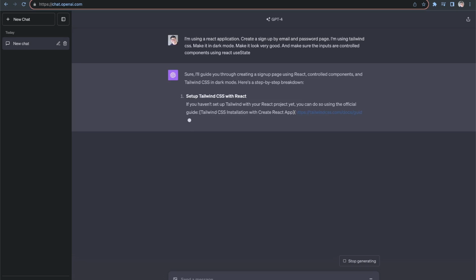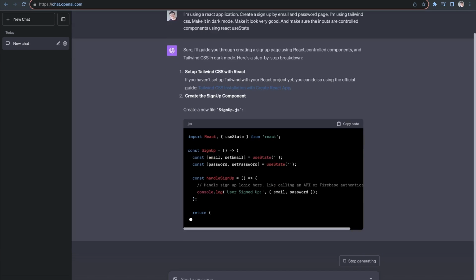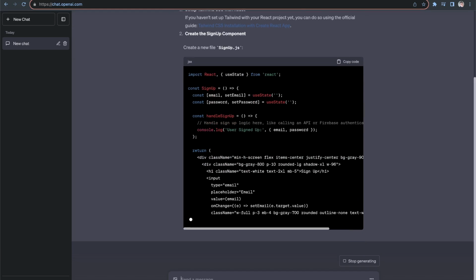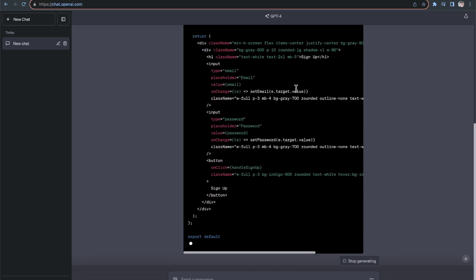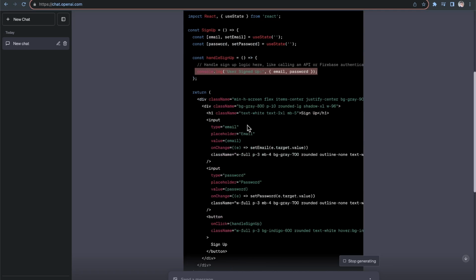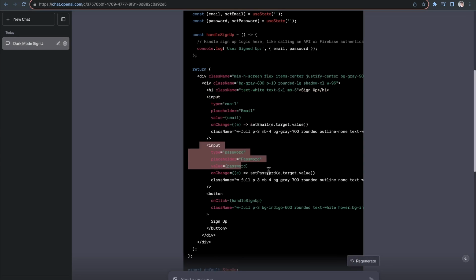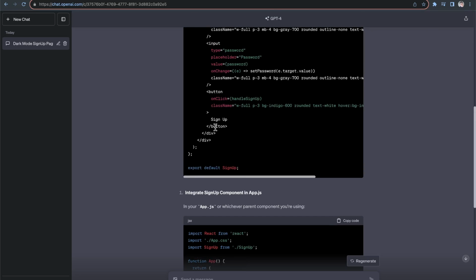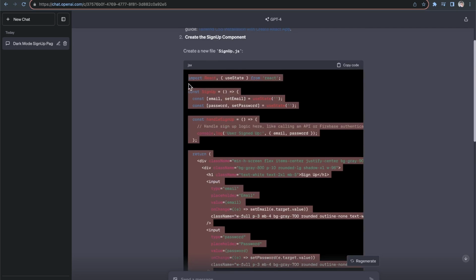I've used this in the past, and it's told me to set up Tailwind and stuff, which we've already done, but it's usually pretty good at creating a boilerplate sign up page. So we can see it's going through here. It's handling the sign up. It's just console logging user signed up, which is totally fine right now. But it's adding these Tailwind classes. It's adding an email input, a password input, and then a button to handle sign up. And then it is exporting this from this page. So I'm going to go ahead and copy this because it all generally looks right,